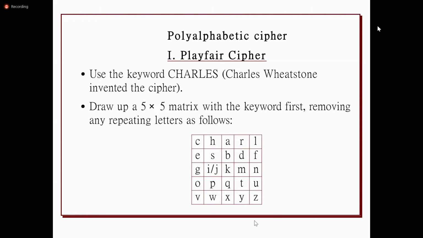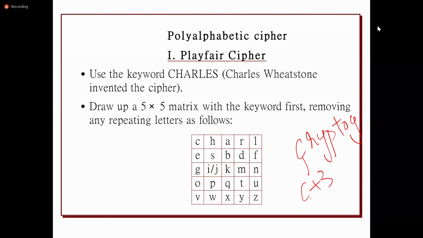The question is Caesar cipher. Consider the Caesar cipher and find out the cipher text for a given plain text. Plain text is cryptography. So we know that Caesar cipher means each character should be added with 3, C plus 3 and R plus 3. So key value is 3 in Caesar cipher, whereas in shift cipher we take key values from 1 to 26. Caesar cipher is a special case of shift cipher.